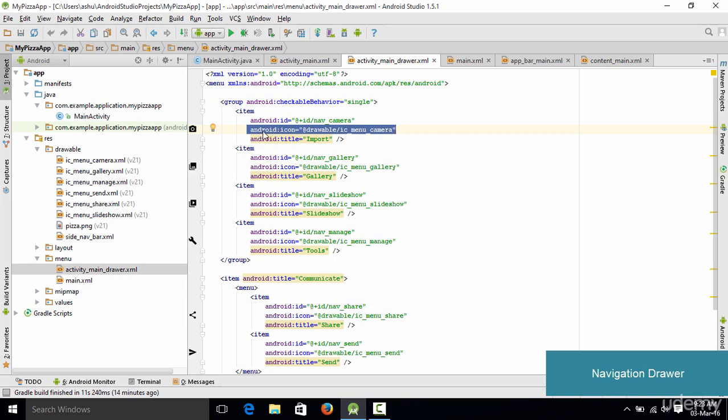Now one more thing which I would like to mention here is that if you wish to add your own icons to this, you could simply copy paste the image which you want to use inside the drawable folder, give it an ID and use that ID in here. So that basically is going to change the icon to the one which you want. But for the sake of this tutorial we are going to design the navigation drawer in a plain and simple fashion. So we are going to remove these icons.